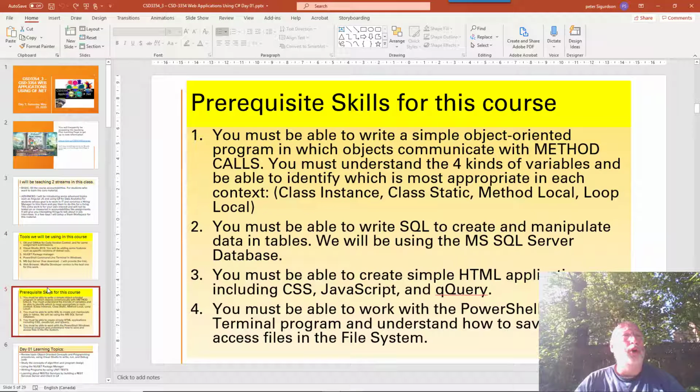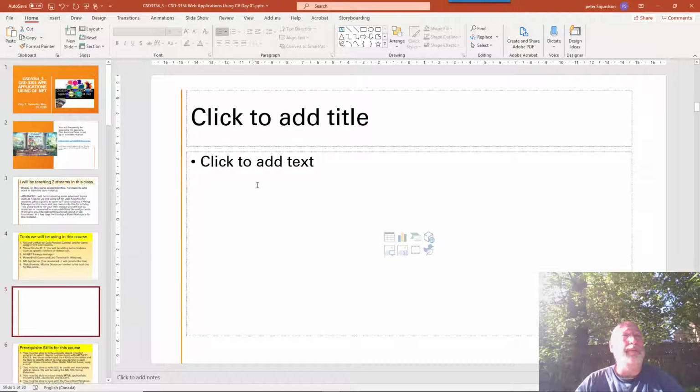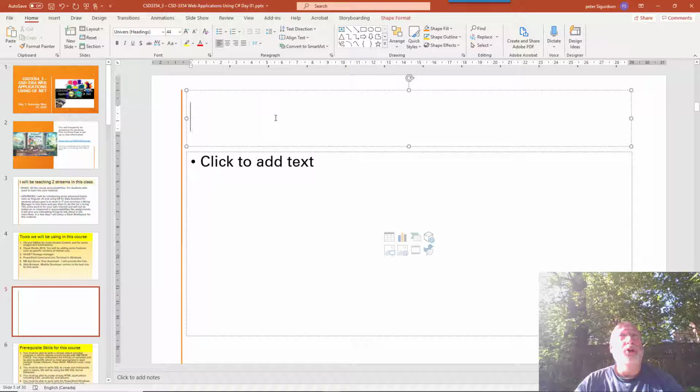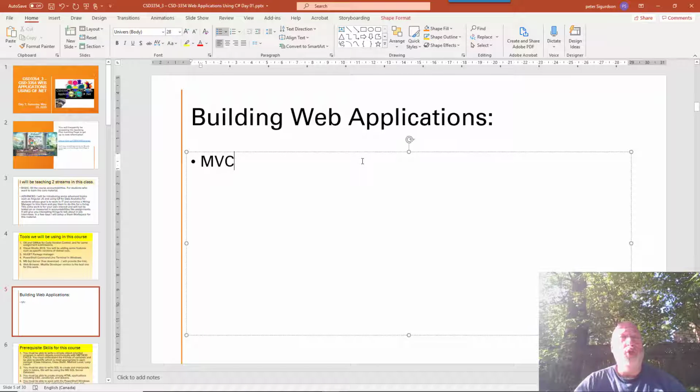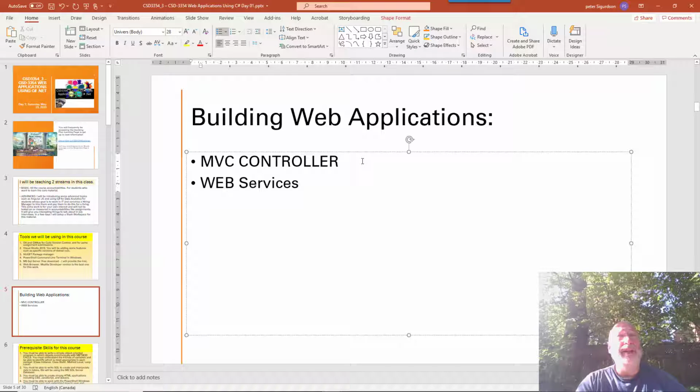So what's the goal of our course? It is to build the 3-tier application, right? So what does that mean? Here we're going to be building web applications, and there's two ways to do that, as I discussed in my previous video. We can do it via Model View Controller applications, and we can do it via Web Services APIs. In either case, your requirement is to persist and store your data in a back-end database, right? So if it's Model View Controller,